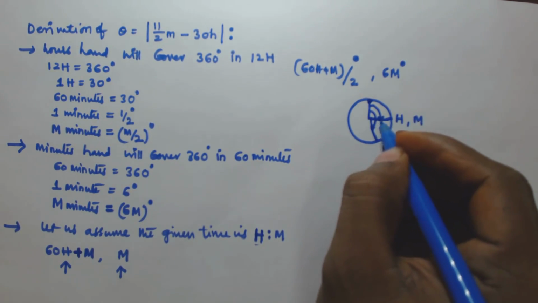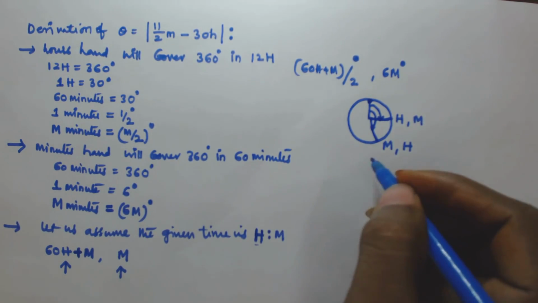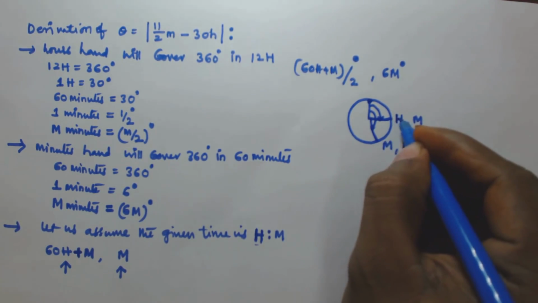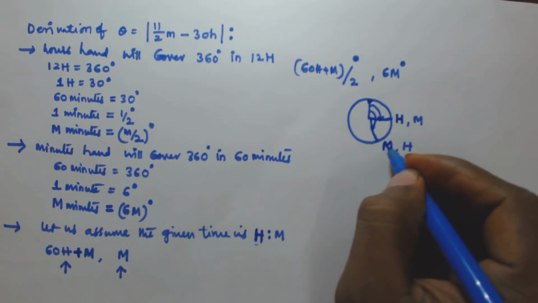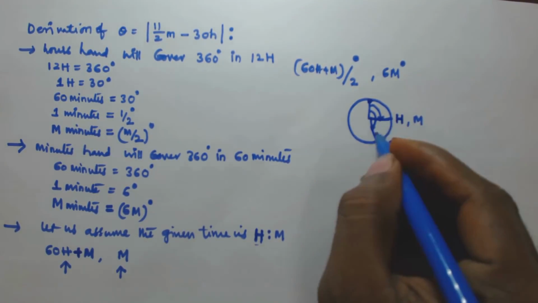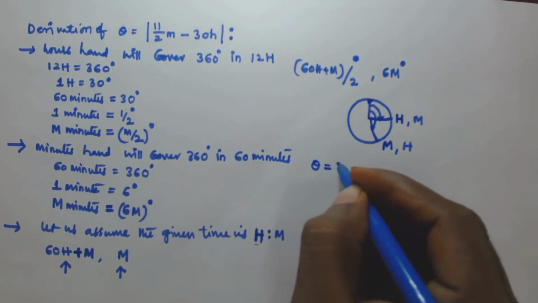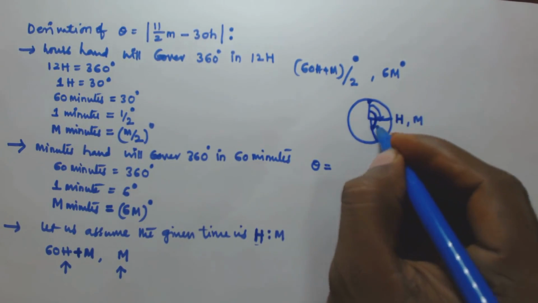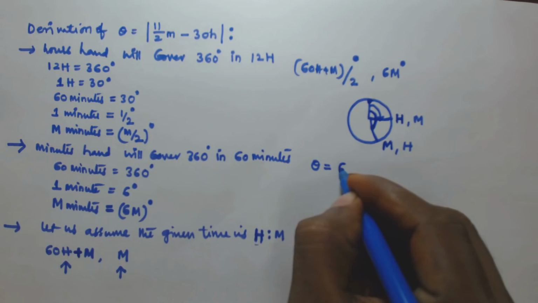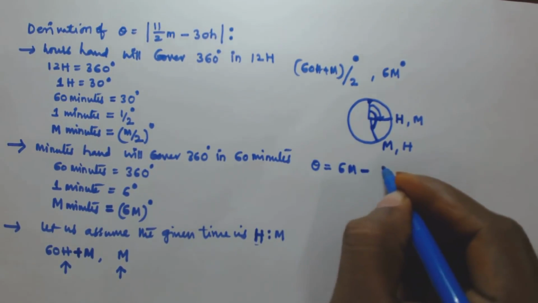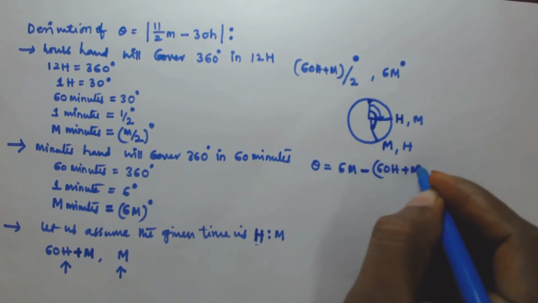If the hours hand is here and the minutes hand is here, the minutes hand is making more angle, so the angle difference theta is going to be equal to 6m minus (60h plus m) by 2,